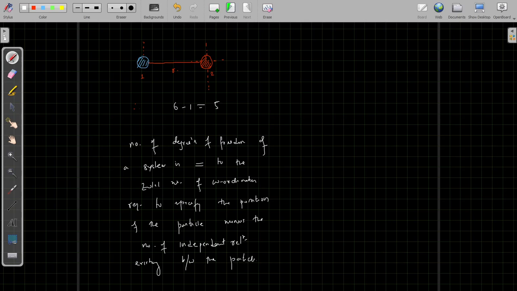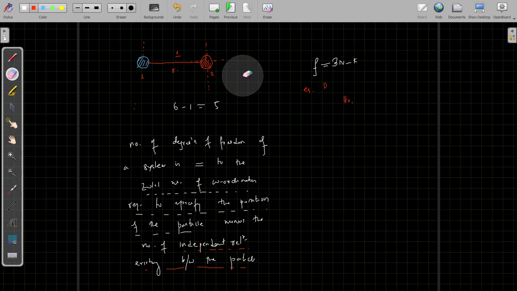So degrees of freedom F would be 3n minus k. What is it? Total number of coordinates required to specify the position of the constituent particles minus the independent relations existing between them. In this case there is only one relation. Now if I consider, for example, the degrees of freedom of a monoatomic gas, like helium, let us see with an example, degrees of freedom F for